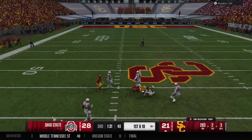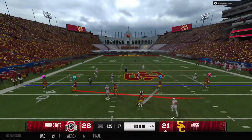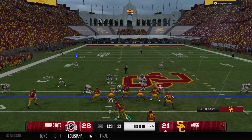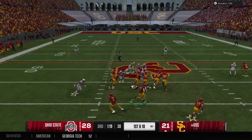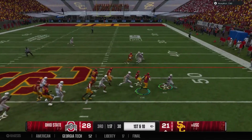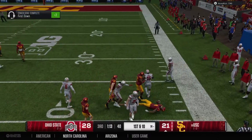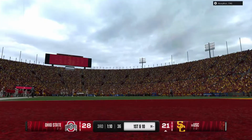Got his man. Coming through that third down conversion, and they'll mark it at the 43. The Trojans are in the hurry-up. Wide receiver now comes in motion. Touch pass on the jet sweep. Pass to 45. And chunk plays are the name of the game, and they get one here before the defense